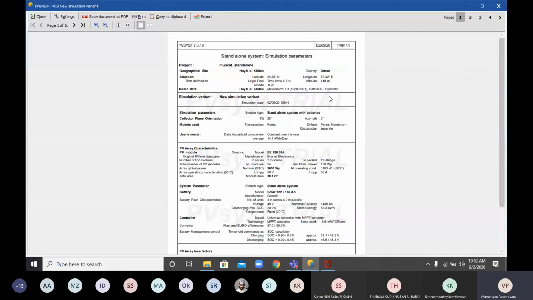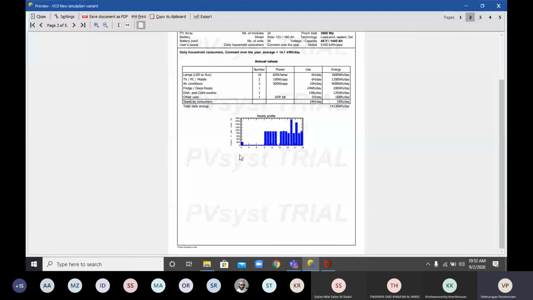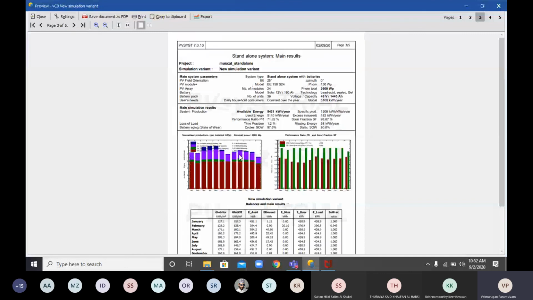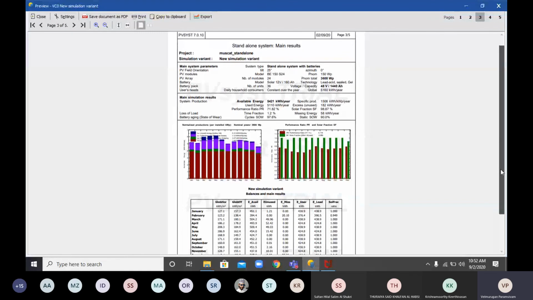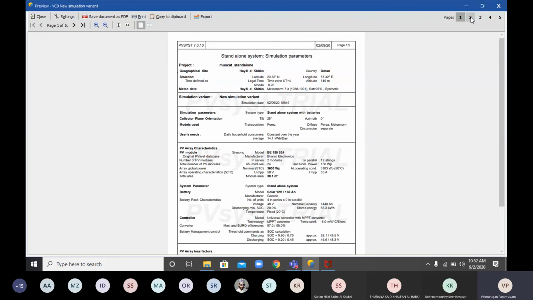So in that simulation part, you see which area, which battery you are choosing, which PV array model you are choosing, what the loss factor is, how much consumption, the component names, as well as your consumed energy. Based on your consumption and load, you will get the data. All data will be obtained. I will share this in the group. Go through the data so you get some ideas. Any other questions from your side?